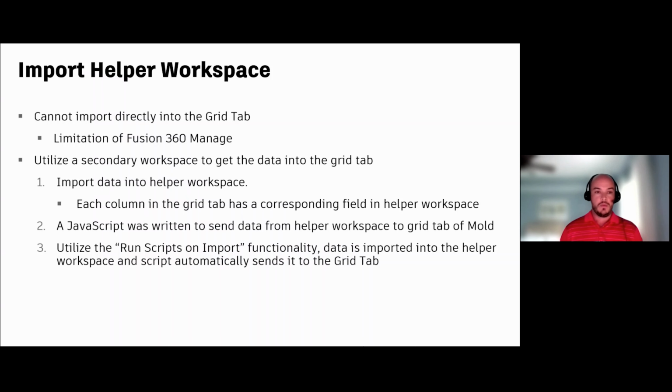That number can range anywhere between 10 molds to 25 molds and across a couple different contract manufacturers. So there can be a significant amount of data every day that needed to be entered into the system. And they wanted to eliminate the need for manual entry, one, from a time standpoint, and two, from a mistake standpoint. They didn't want the ability for a user to potentially fat finger a number as they're typing in these values.